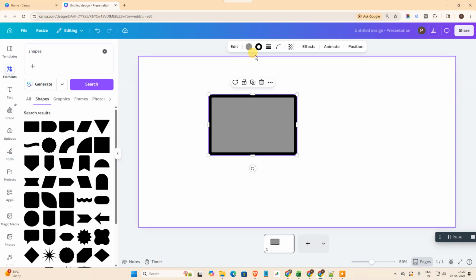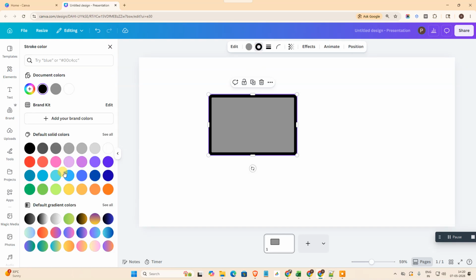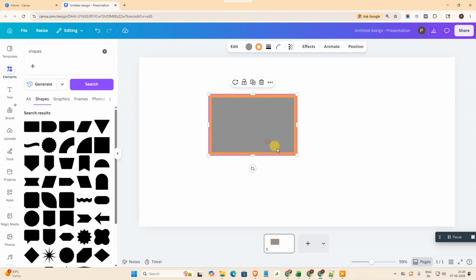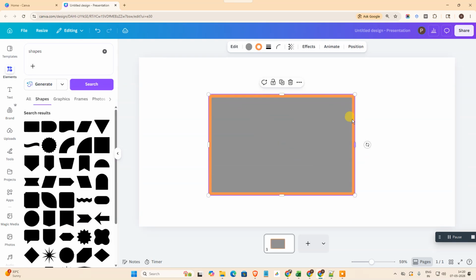Okay, now from here you can change the color also. You can change it to any color like this. Okay, so that is how we can add the border or frame on